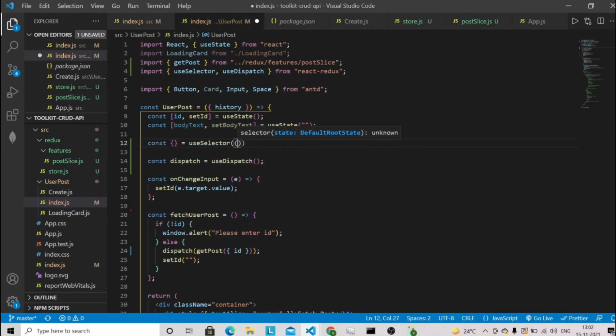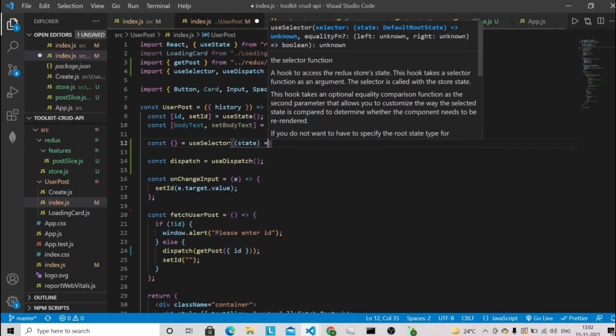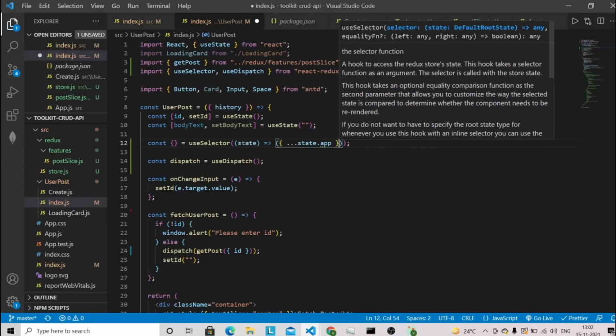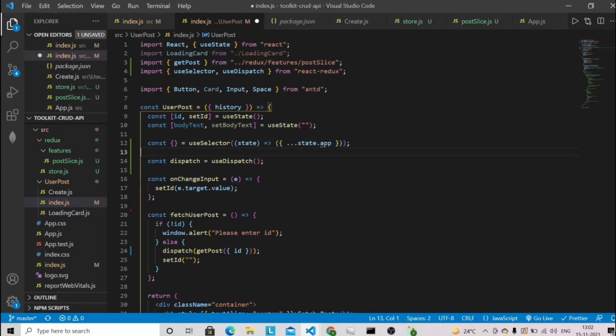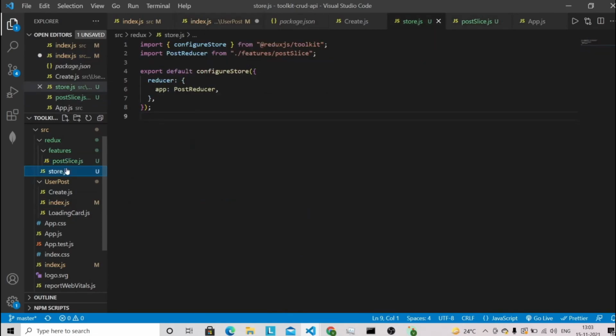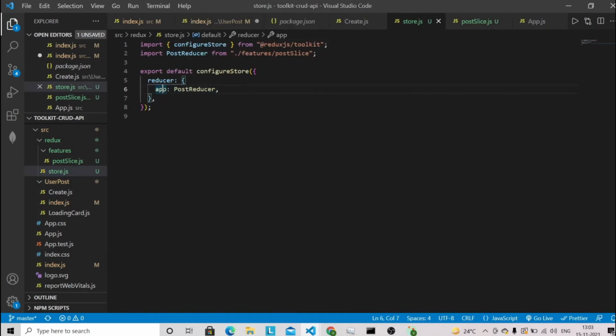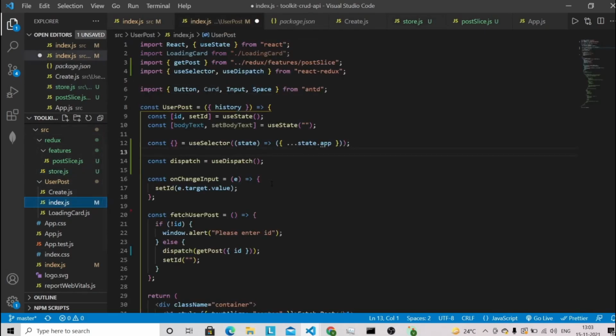For that we can use useSelector with state, and we can access the state using the app key, state.app, because we defined the store with the key app. In the store.js file you can see that the post reducer is registered with the app key. With the help of the app key we can access the state which we have in our store.